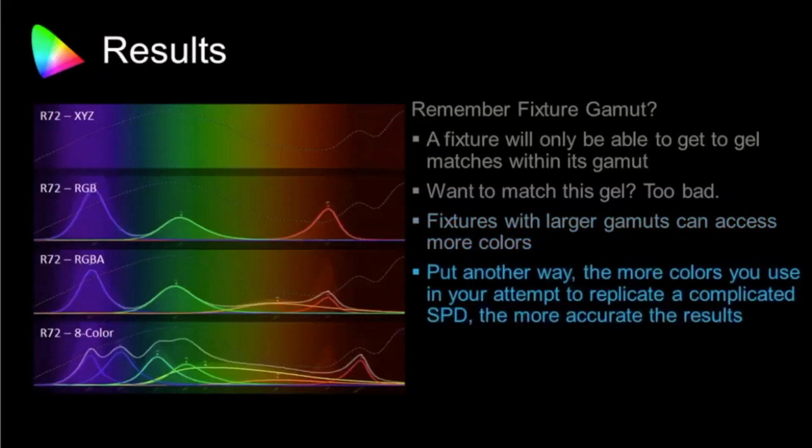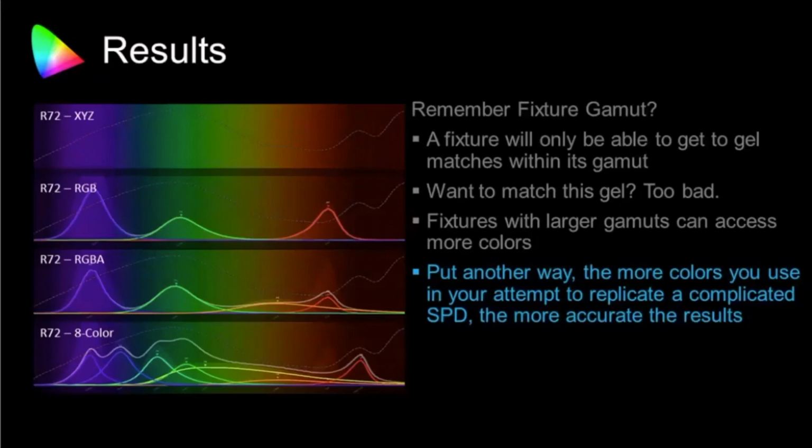Put another way, if you look at the spectral power distribution, and this is taken from our Spectral tool, which we'll talk about in a little bit, the more colors you use in your attempt to replicate a complicated SPD, the more accurate your results will be. At the very top, you can see my R72 in absolute XYZ space. That is my filter compounded with a source, our 3050 Kelvin source. If I'm using RGB to try and get to R72,